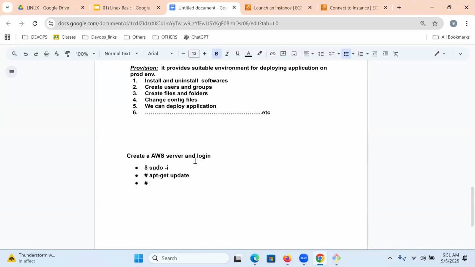So the default software will be downloaded from the internet into the server. Once that is done, then we can do anything.